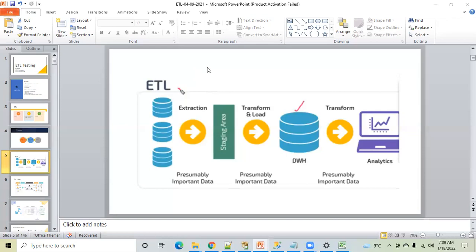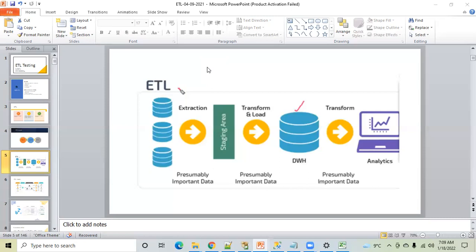Let me tell you first of all. If you have asked the question, I will tell you. I thought of telling after some time. So these profiles like data engineer, data analytics, data scientist, machine learning, artificial intelligence, these all work on top of an ETL project. Means the ETL project is your playground. It's like a playground.